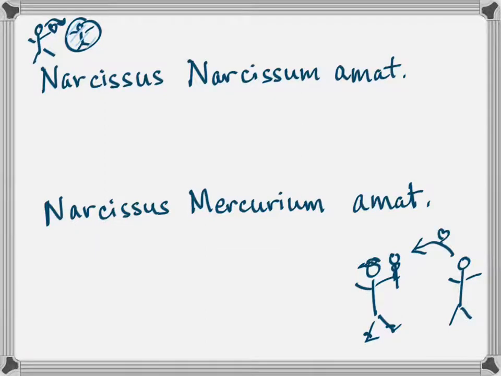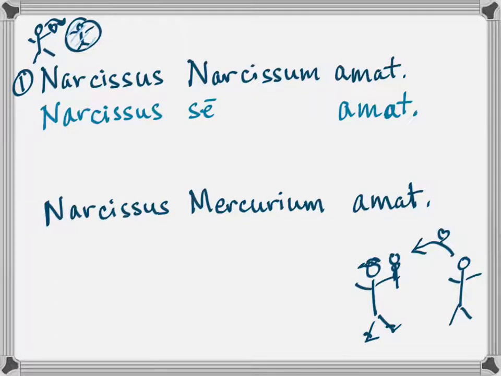Let's say we have a sentence. Let's call it sentence number 1. Narcissus narcissum amat. And yes, I'm thinking of the mythological figure who loves himself. If we want to say Narcissus loves himself instead of Narcissus loves Narcissus, because it's tedious to say Narcissus, Narcissus, Narcissus, or Narcissus, Narcissum, or whatever in Latin, you can just say